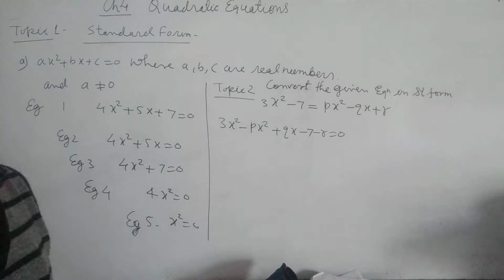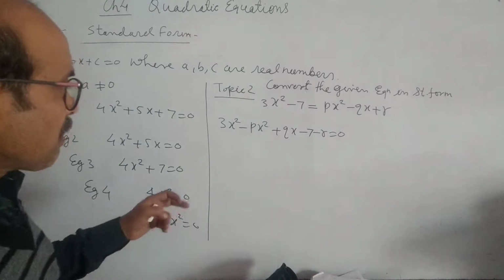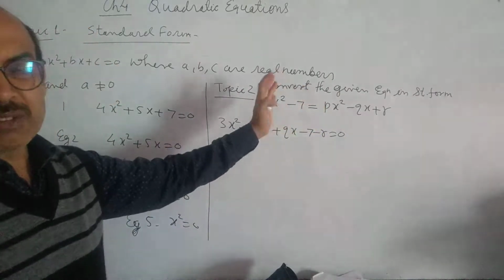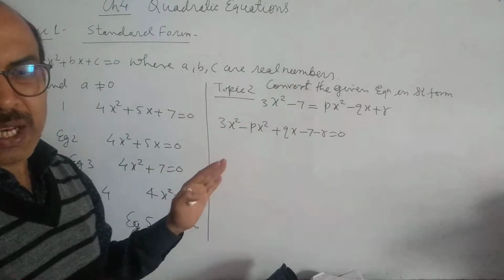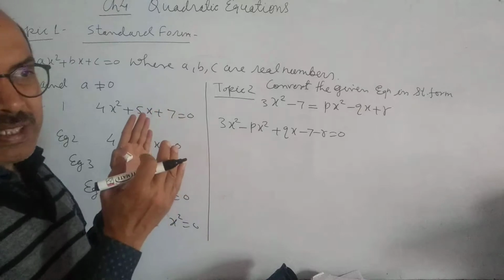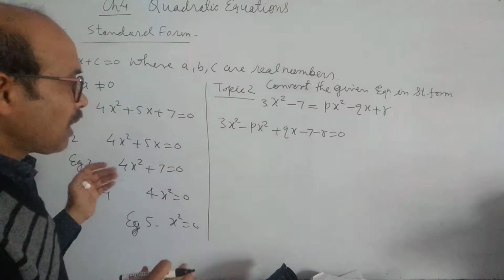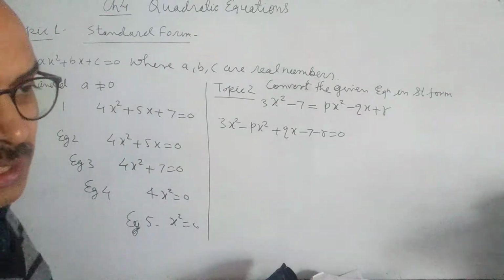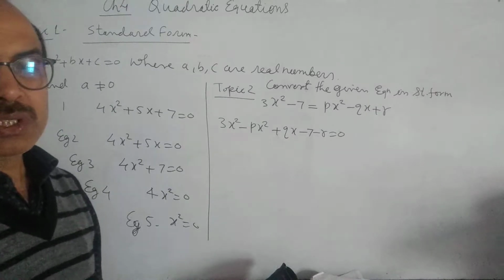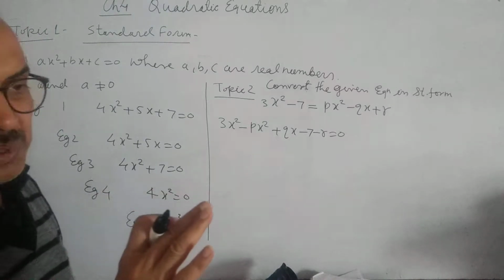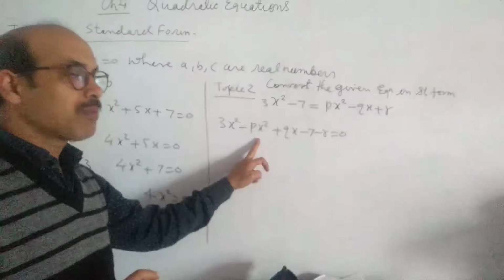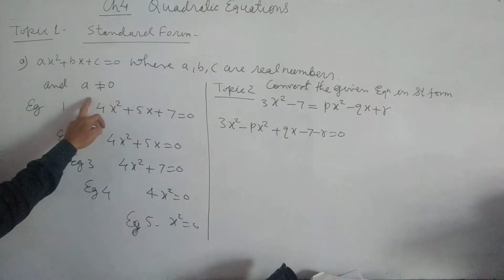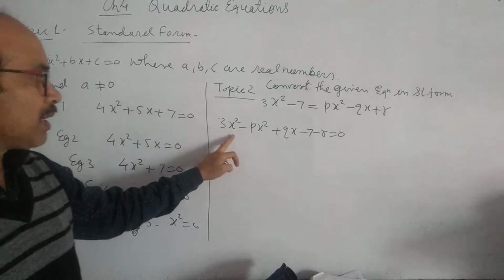So when you have to convert the given equation into standard form, you must remember: firstly, open the brackets, if any bracket is there on the left side or right hand side, open all the brackets. Then transfer all the terms to the left hand side. After that, arrange the terms having x square. Sometimes x square terms can cancel. In that case, that will not be a quadratic equation. So after simplifying, if you are not finding the term of x square, it means this is not a quadratic equation. That is why this condition is here: a should not be 0, meaning the x square term should be present.